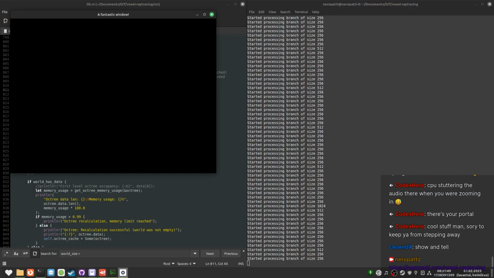Assuming it does, the thing that I would like to do next is to avoid this initial generation thing and just start from an empty octree, and then just update the octree as we go when we place the voxels. But there's a problem with that where if I completely empty the octree, it breaks. I don't know why. So I would have to fix that first.